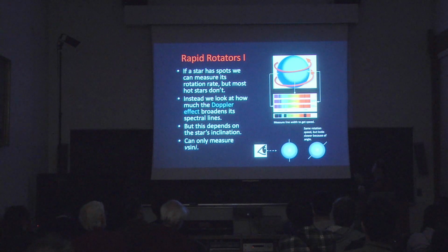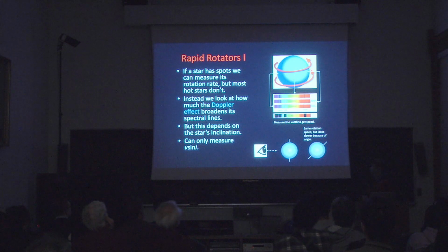And just like that, when a star is spinning really quickly, this part of the star, the light waves are compressed because they're moving towards me, and over in this part of the star, where it's moving away from me, the light waves are spread out. So this light becomes bluer, and this light becomes redder. And so you can see there's a shift either to the red or to the blue, depending on which part of the star we're looking at. And if we take the whole of the star in aggregate, what that does is it broadens the spectral lines. And if we measure the width of these lines, then we can determine the rotation rate of the star,